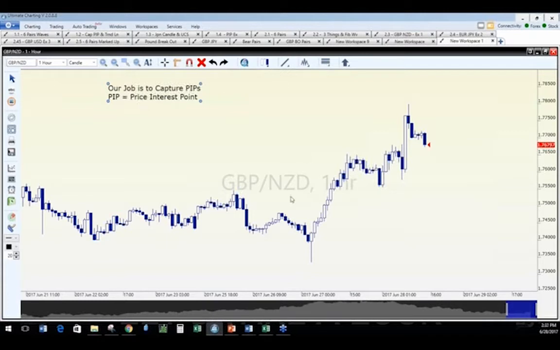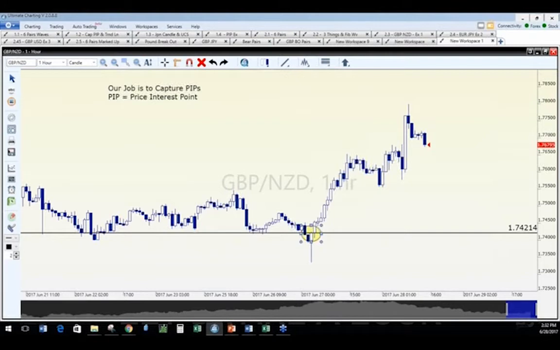Now, just let me give you an illustration. There is a pattern right here. I can tell you, I saw it already. It's a bullish engulfing, and it's this one right here. So let's just say we saw a bullish engulfing, and we're saying, you know something? I want to buy right there. And I'm just going to put a horizontal line so you can see where I'm talking about. So we're talking about buying right there, okay?